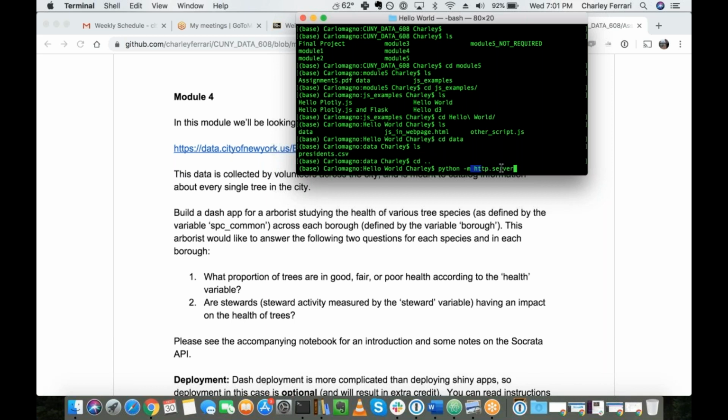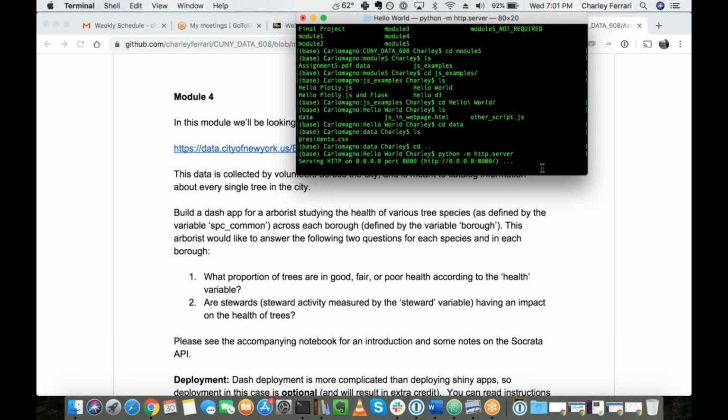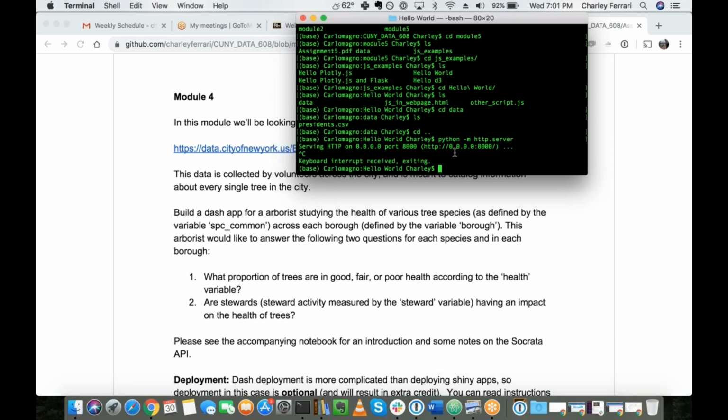So what this is running is the http.server module, just running that using my current environment's version of Python. And all that does is essentially serve the file system in which I'm running it. The directory in which I'm running it, it serves that directory in my